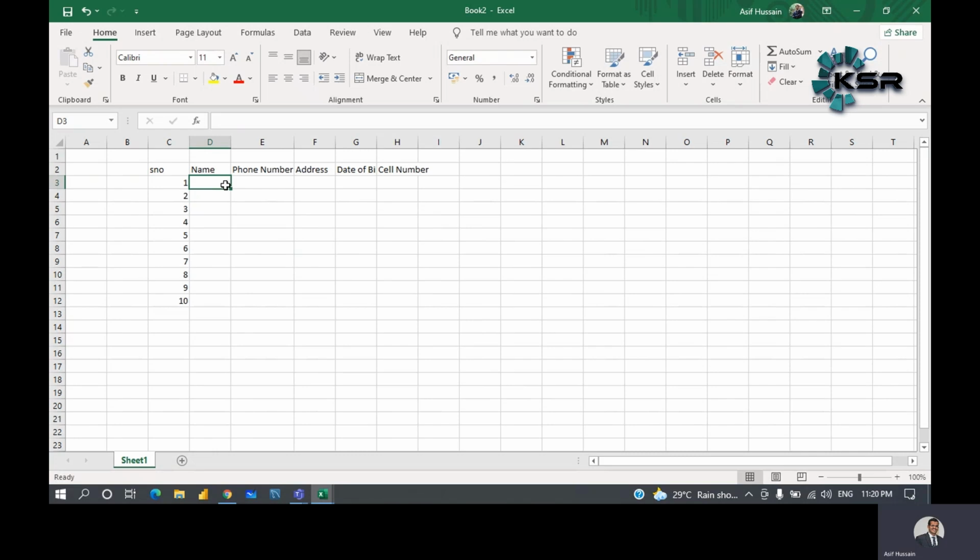For name, you can type any name. You can go for Kiran, Kumar, Ravi, Santosh, Stephen, Ahmad, Raj, Sita, Kaja, or you can take any other name also.